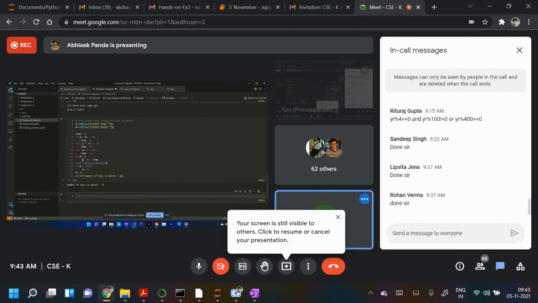Something is wrong, is it? Yes, sir. It may be in indentation. No, have you used the condition for leap years? Yes, so you are using them separately. Actually, the last two you have to write together. In the leap year there are three conditions you have written. The first condition is okay. For the last two conditions you have to write them together, and elif means okay.